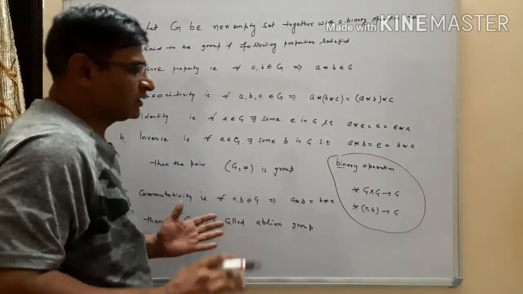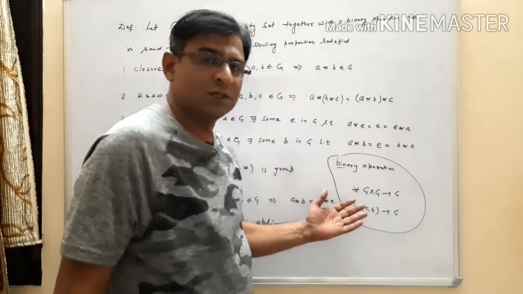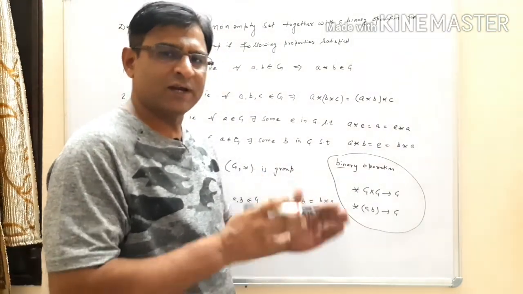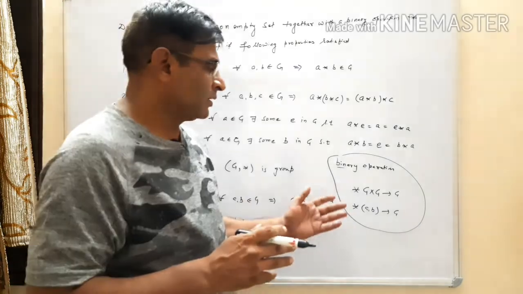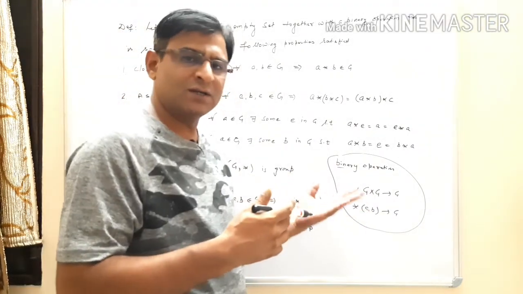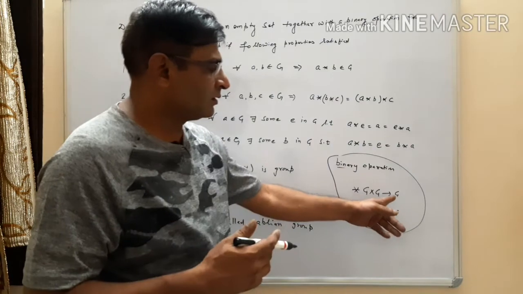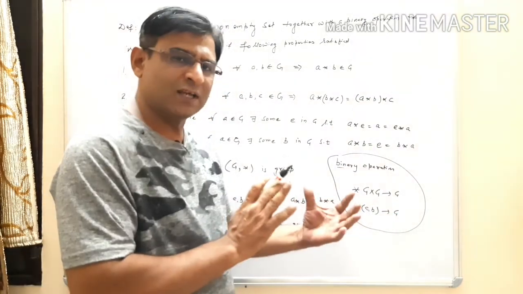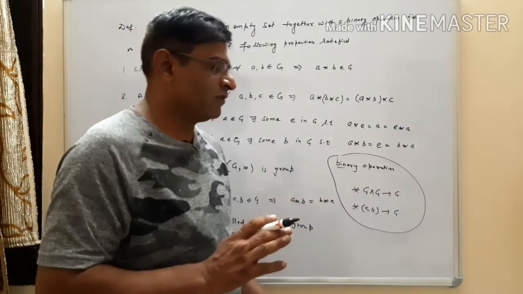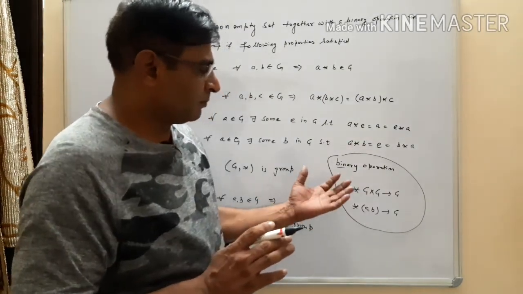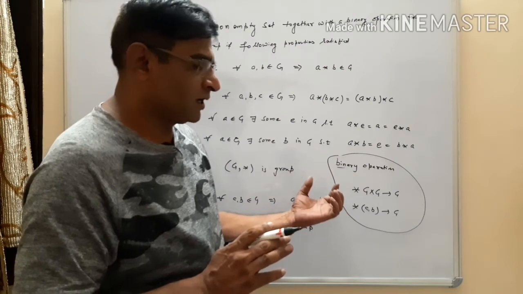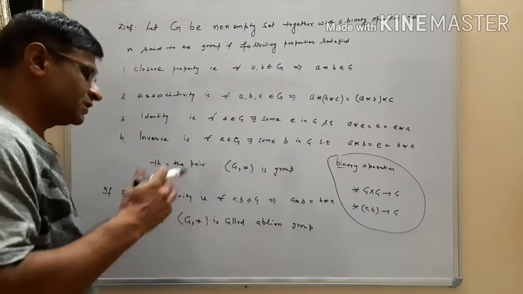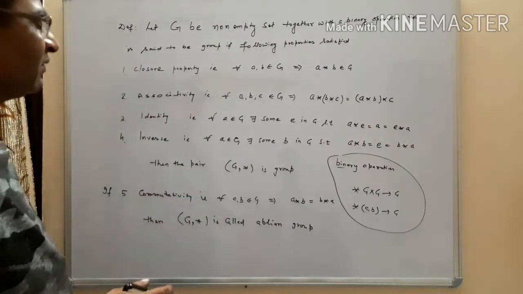Like addition is a binary operation, because if we add two elements, suppose I add 5 and 7, then we get an element 12. That is a single element. That means we add two elements, and assign the sum of the two elements A and B to another element, that is 12. So this is the definition.